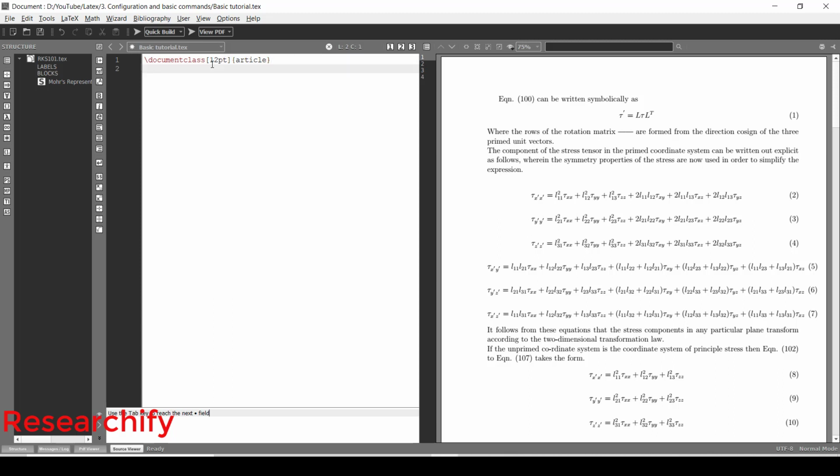So just press backslash again and write begin. Okay, so you will see suggested commands. There are many commands like theorem, tiny, and titlepage. I will cover all things in a later video, but in this video I will go very short. So just select begin, the last option. Okay, so here you will see one curly bracket. In this curly bracket you have to define the document. Okay, write the document. So just write